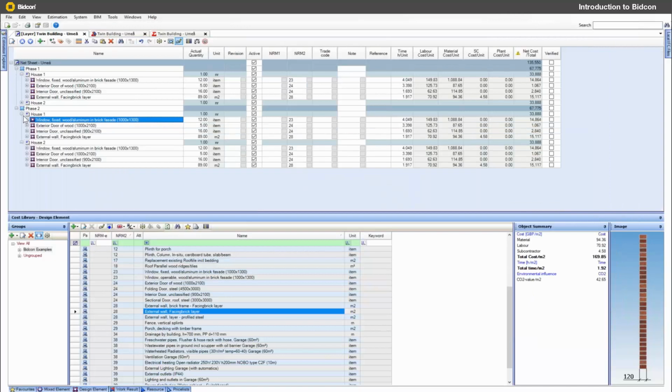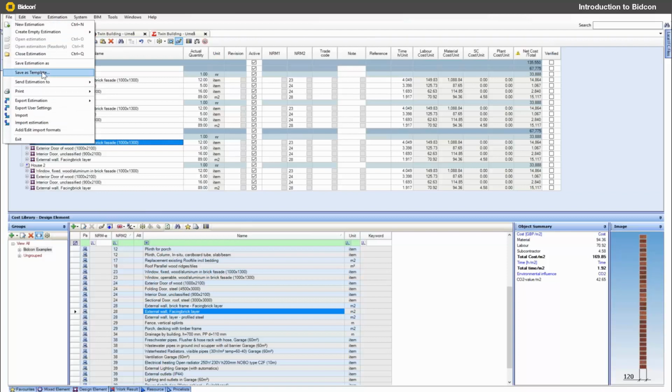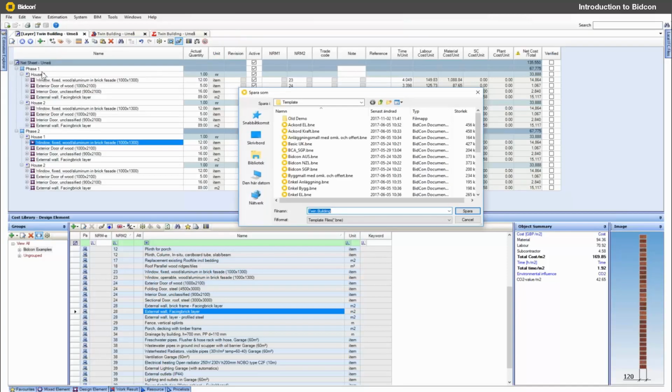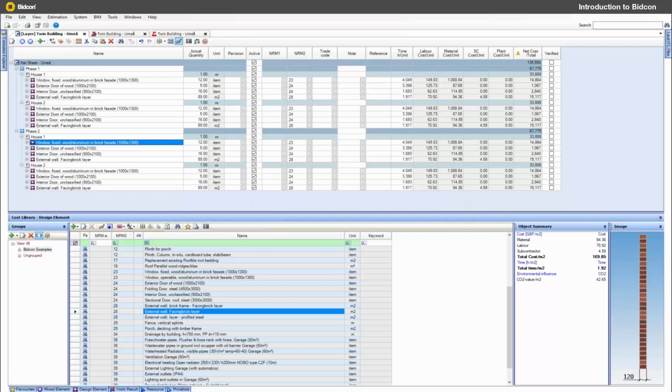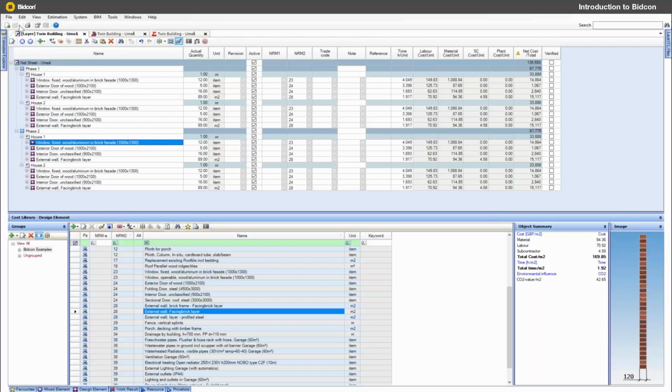This could be a template. This is normally how we build a house. This is normally how we do it. If you would like to do that, save it as a template. All you have to do is save it as a template. And let's call that strange house template. And the next time I want to do a project, a new estimate,